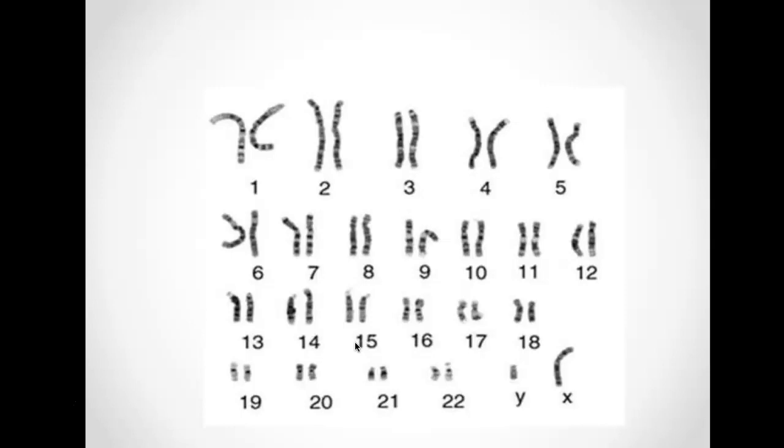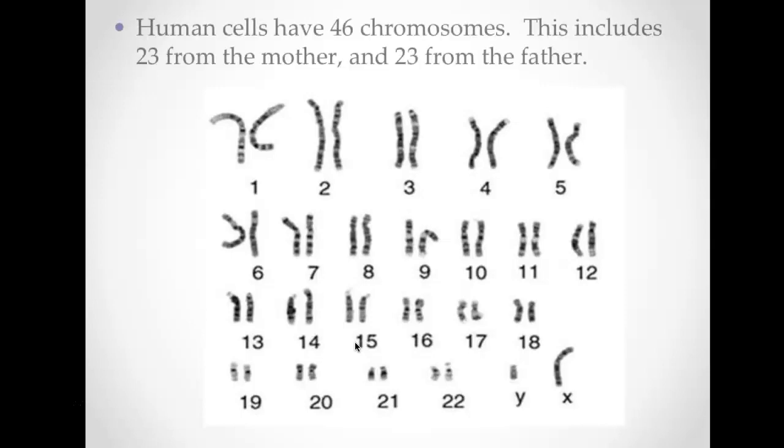Okay, what I'm going to need you to write down is the word karyotype. Karyotype, that's what you're looking at right now, is this thing called a karyotype. So let me spell it for you. A karyotype is an organized arrangement of all of the chromosomes within the nucleus of one cell of an organism. And I'm showing you the karyotype of a human. A human has a total of 46 chromosomes.